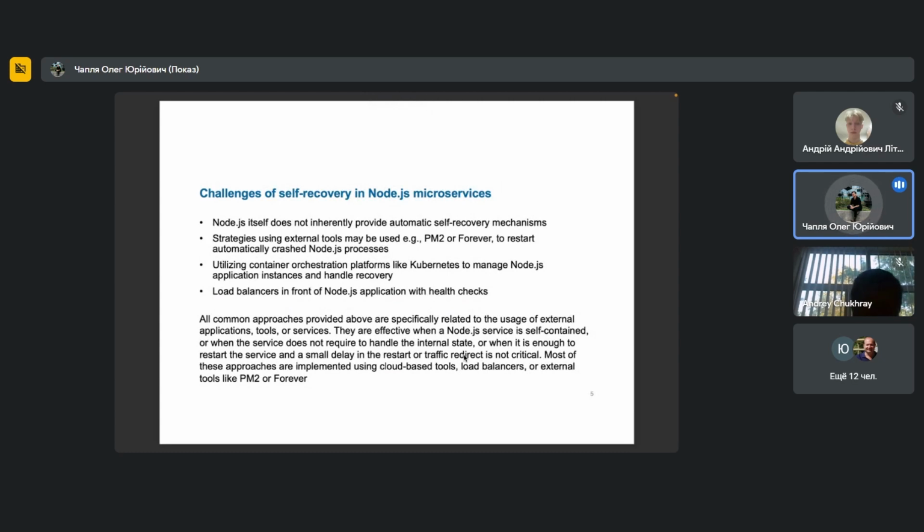Within the scope of Node.js microservices, there are many self-recovery tools, but they are external tools, and they are based on other things like PM2 or the Forever package or containers and Kubernetes.